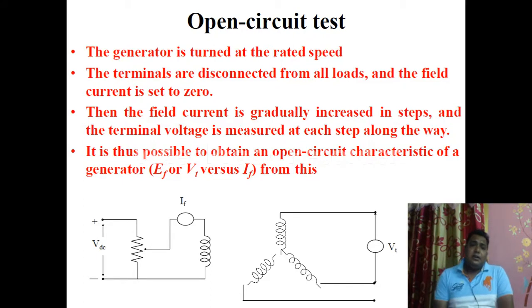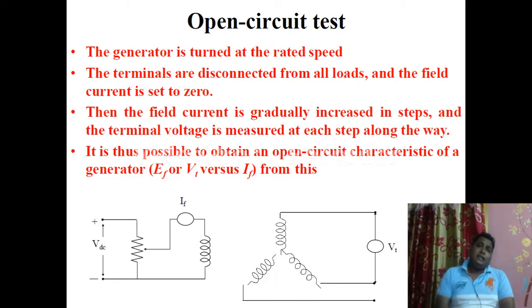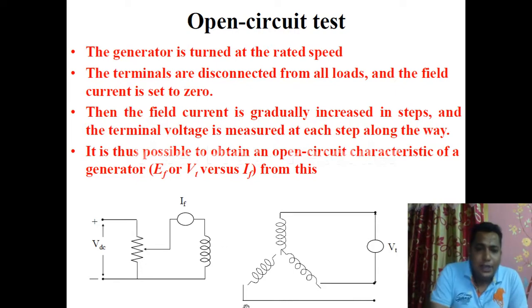That means what? See the below picture. So what we have is a very simple diagram. First try to identify the diagram. I am explaining the diagram to you, then it is much easier to understand what the open circuit test is. So in an alternator, we have a rotating field and a stationary armature winding. Okay, so we are considering that this is the field, follow my pointer, and this is the armature winding, correct?